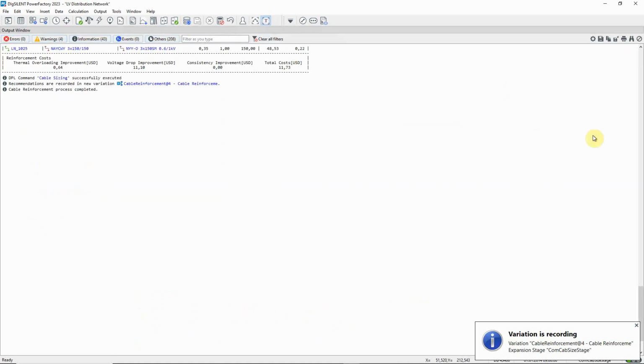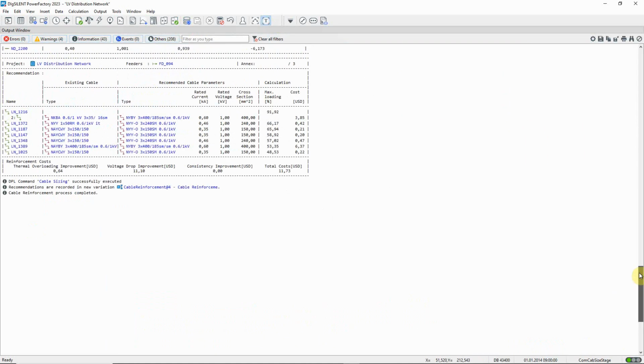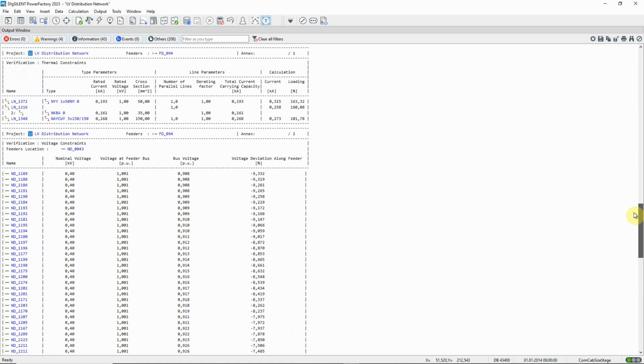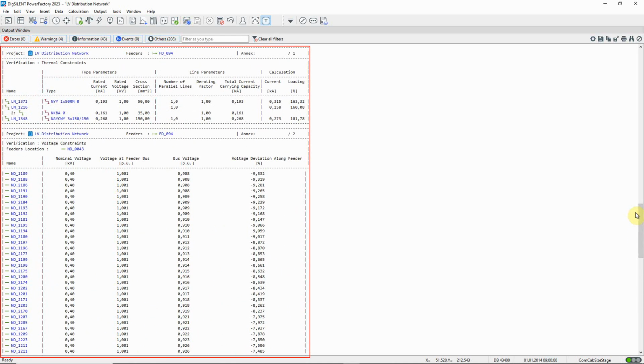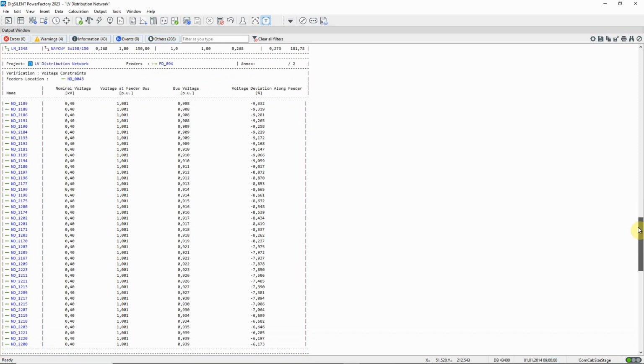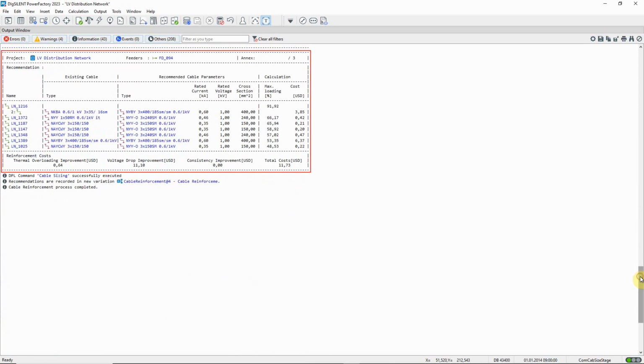Looking at the output window, you can again see the report of constraint violations with the existing cable types. A third section shows the original and replacement cable types, and the maximum loadings calculated with the replacement cables. In the final section you can see the costs of the reinforcement,